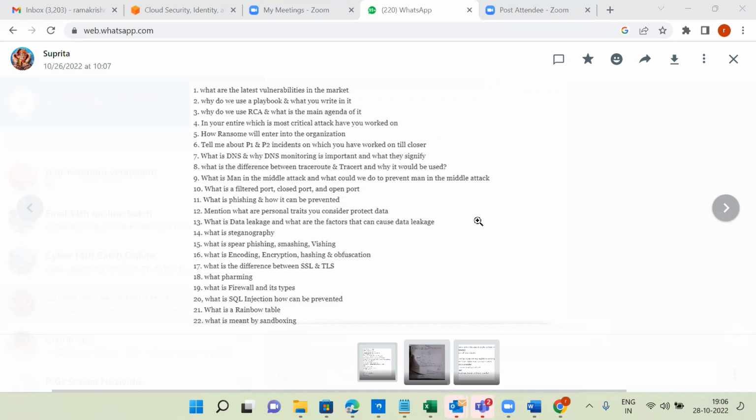I always get confused about how to pronounce this one. Obfuscation, I'm not sure. Sorry, guys. Encoding, you know already, is binding something onto the data, an additional layer. For example, like an onion, it's a layered approach. Whatever data we are sending, we put an additional binding on it. In our day-to-day language, it's like a gift coming via gift packing. Whenever a delivery comes, it comes in a delivery package. That is called encoding.